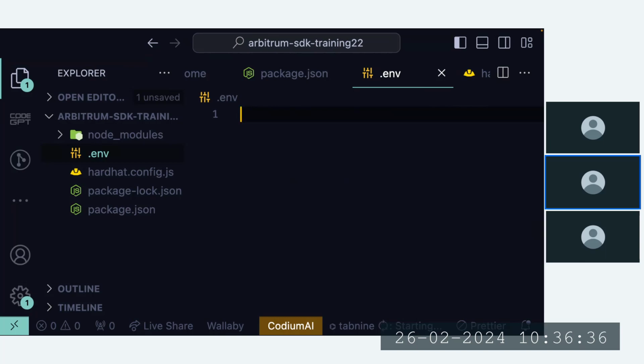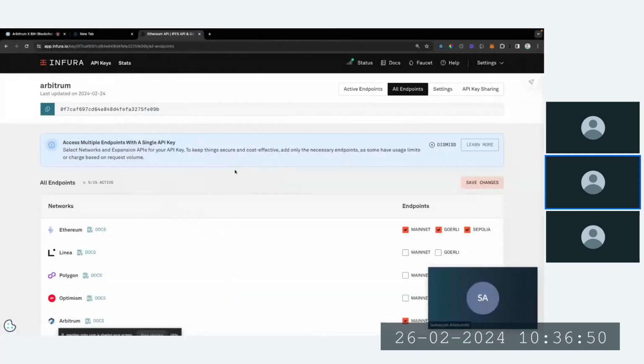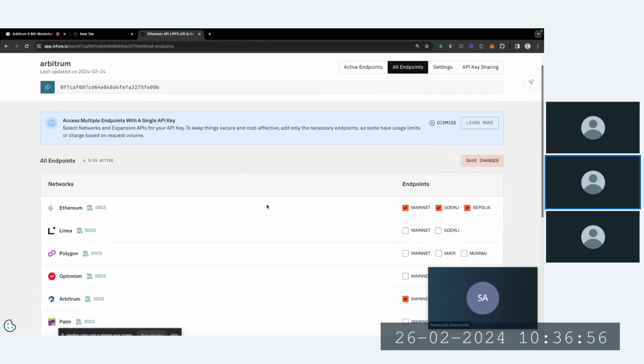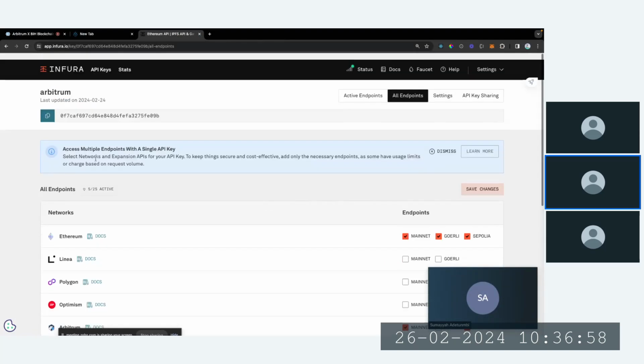So I'll create a new env file and then I'll name this L1 RPC. Yeah, so let's name this L1 RPC. Since we'll be working on the Sepolia network, what I would do is you can always get